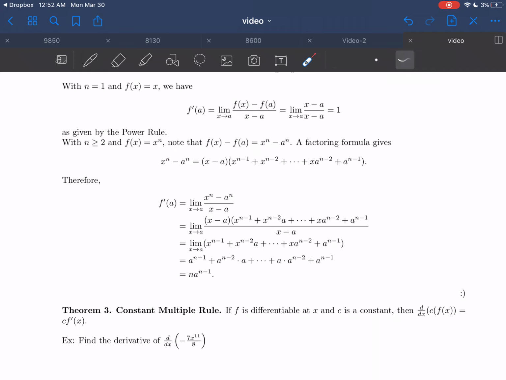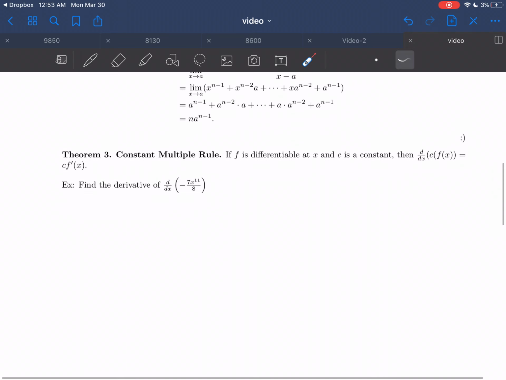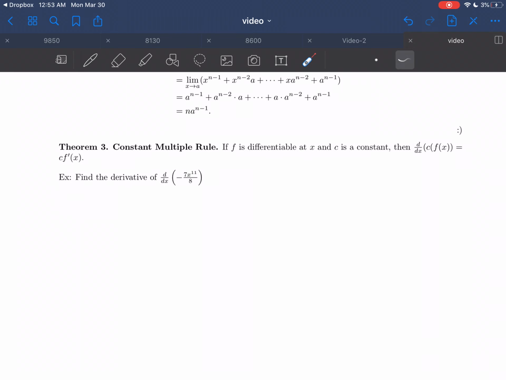Our next rule is going to be the constant multiple rule. If we've got some function f and it's differentiable at some point x, and c is a constant, it can be a fraction, it's just some constant number, there's no variable. Then the derivative of that constant times our function is the same as if we pull the constant out and then take our derivative. So all this rule is saying is, if you're taking the derivative of a constant times some function, just pull the constant out, take your derivative, and then it's just your constant times